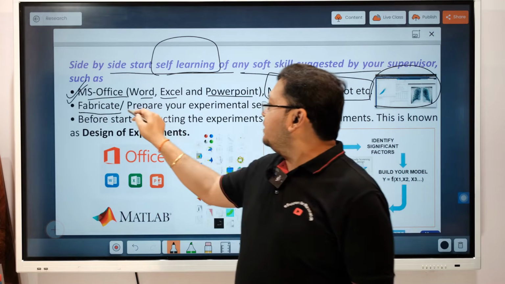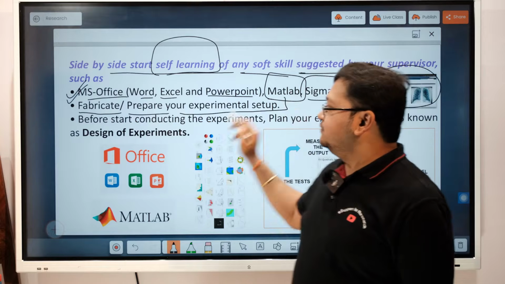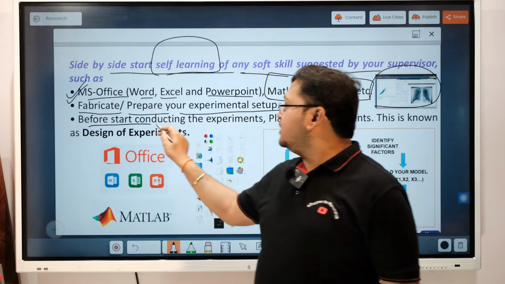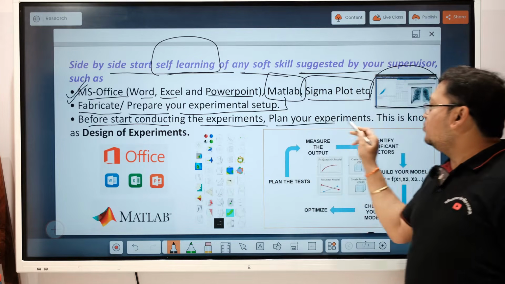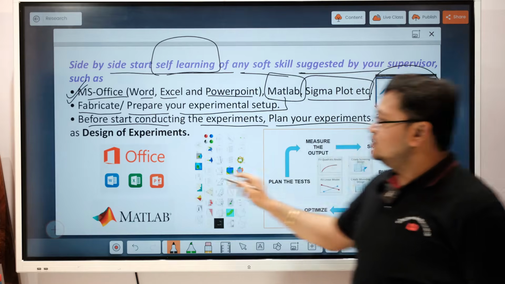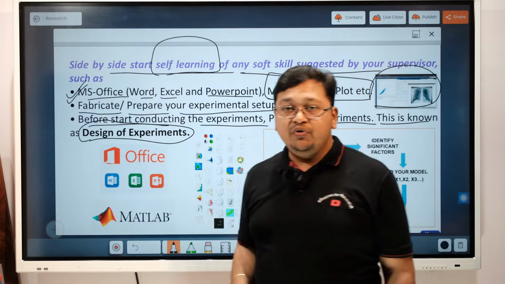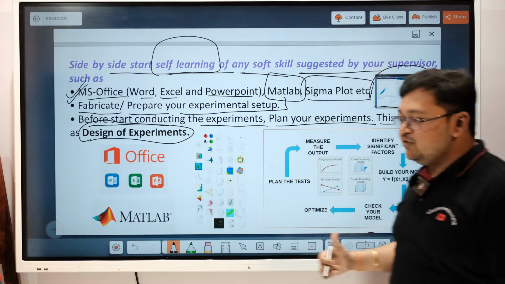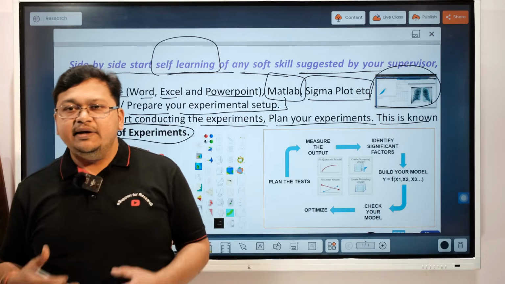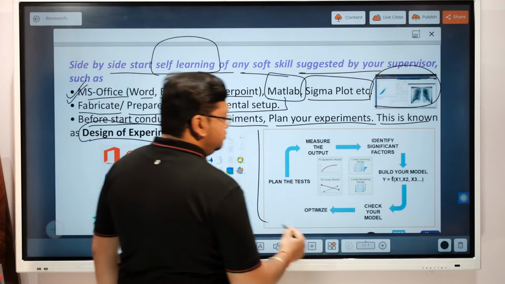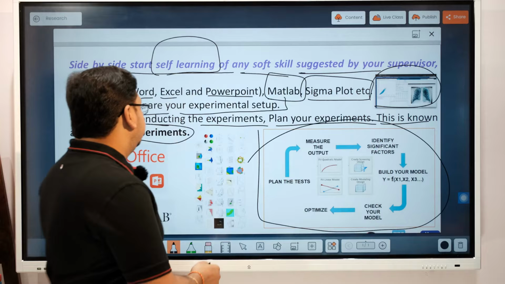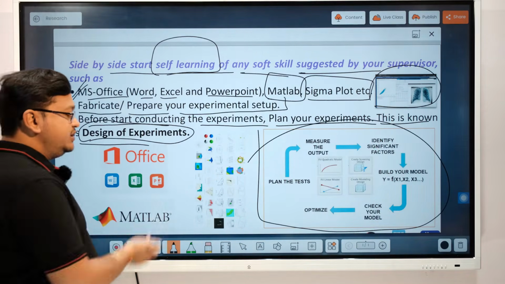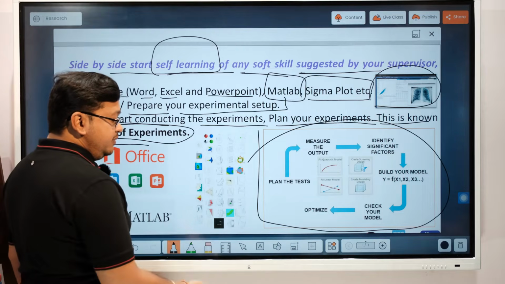Then fabricate or prepare your experimental setup, whether it is hardware or software. Before starting or conducting the experiment, plan your experiment, and this is known as the design of experiment. So you can also design your experiment on a simulation platform, and later on implement it. So you have to have your experimental setup ready, and this design of experiment, then you can proceed forward